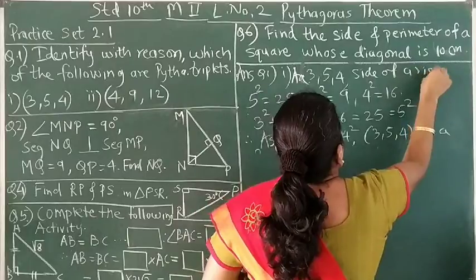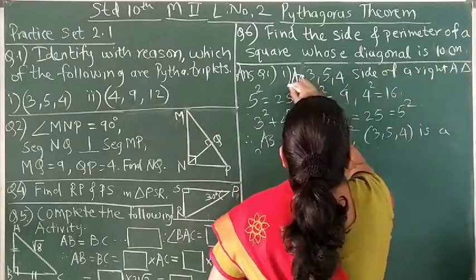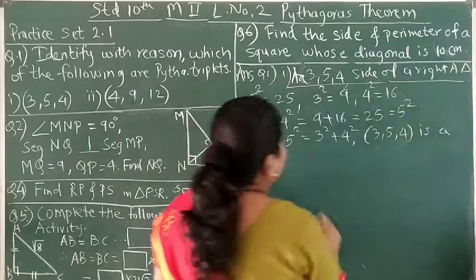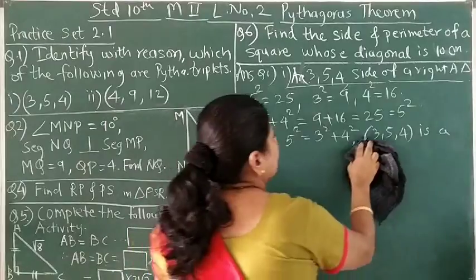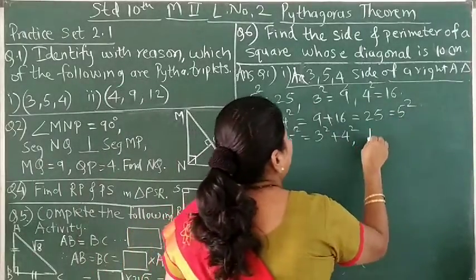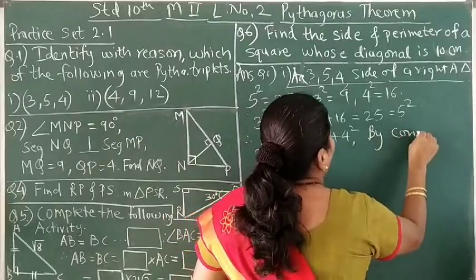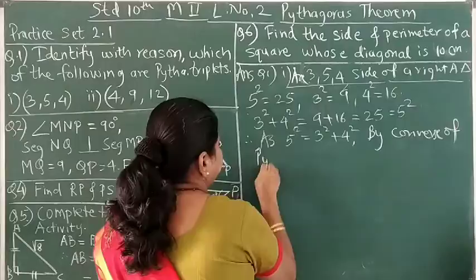Then you can use the same approach. Here you can say 5 square is equal to 3 square plus 4 square, so by converse of Pythagoras theorem,